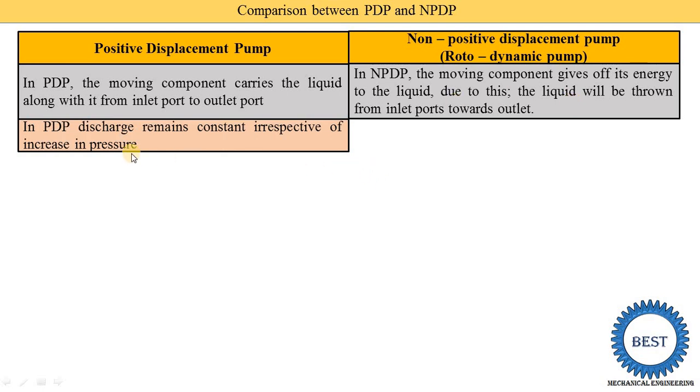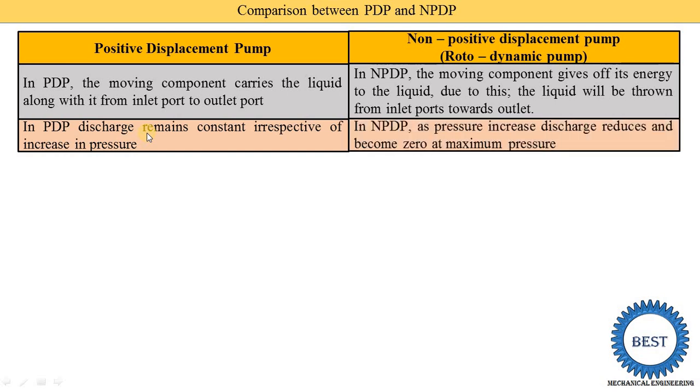Second difference, in a positive displacement pump, discharge remains constant irrespective of the increase in the pressure. Discharge means Q, the quantity of liquid discharged, Q remains constant with respect to the increase in pressure. Suppose sometimes we require different outlet pressures. Sometimes we require 8 bar pressure, sometimes 10 bar, sometimes 12 bar. So we are changing the outlet pressure of the pump, but the discharge remains constant in a positive displacement